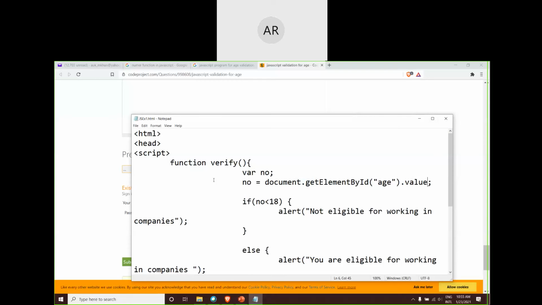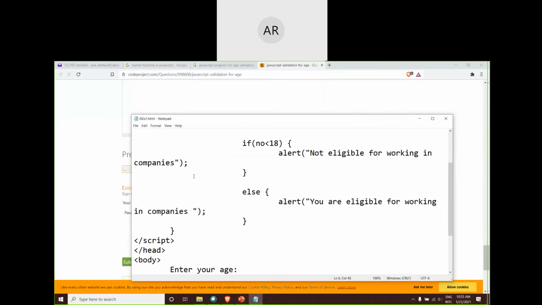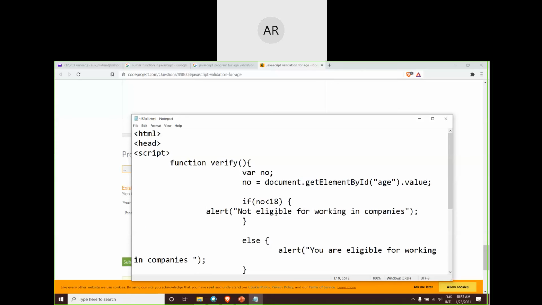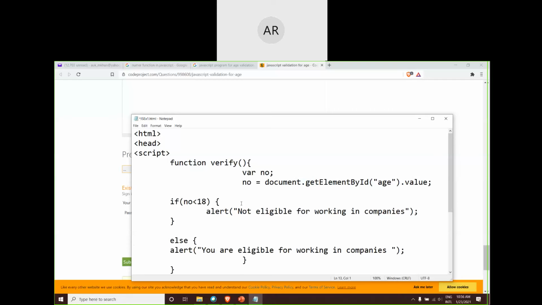I'll explain it within this HTML itself. Okay, let's try to understand here.